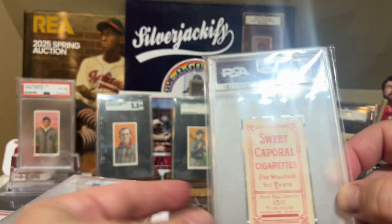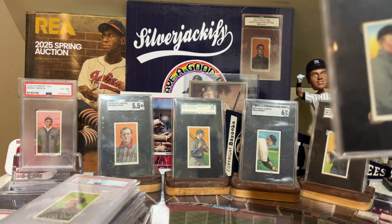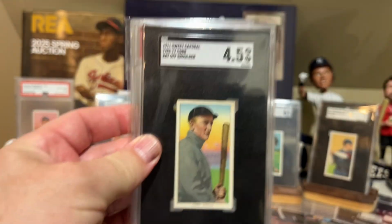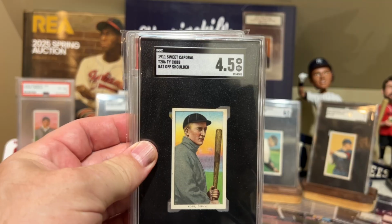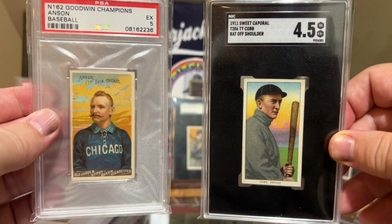So every single back, you don't want to just look for, is it Old Mill, Polar Bear? Obviously some backs, it's pretty obvious how rare they are just by looking at the back. But if you have a Sweet Caporal or a Piedmont, one of the things that you might want to look at is how many subjects and what factory it was printed at. So anyway, just a cool thing that I went down as I was learning about factory number 42. And, of course, 42 being this iconic number, Mariano Rivera, Jackie Robinson. But anyway, that was my